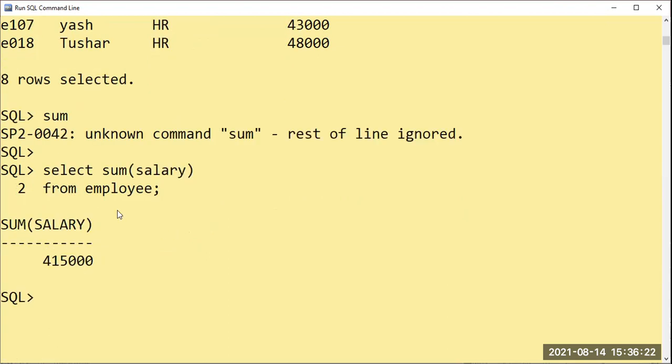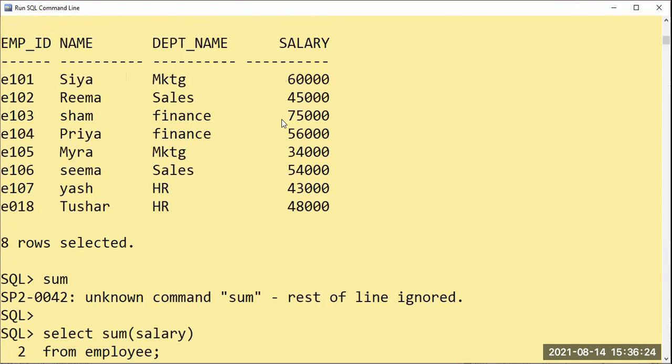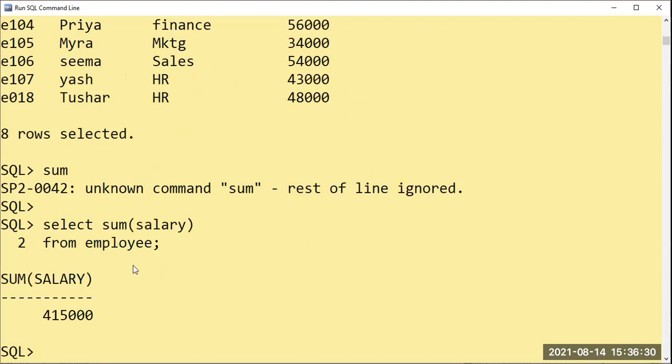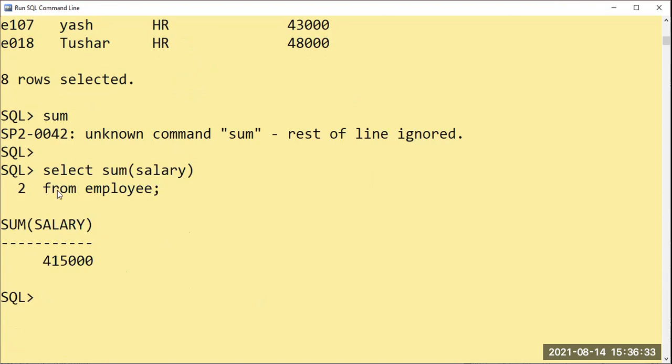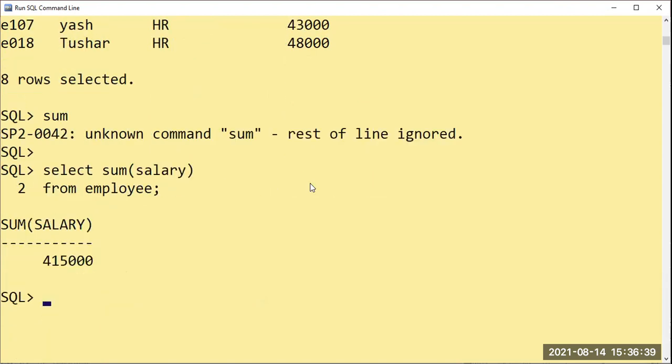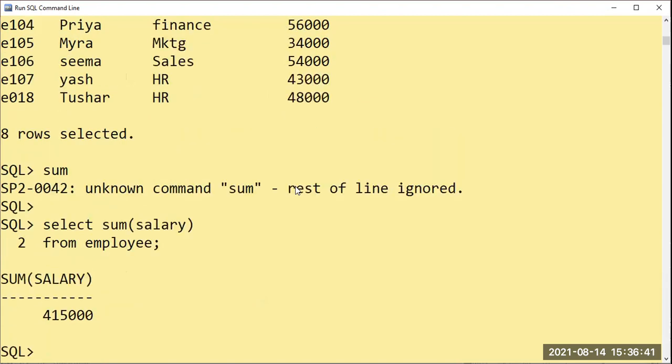So what happened, guys? Select sum means the total of the salary column of the employee table. I said sum salary from employee, so all salaries have been taken and totalled.